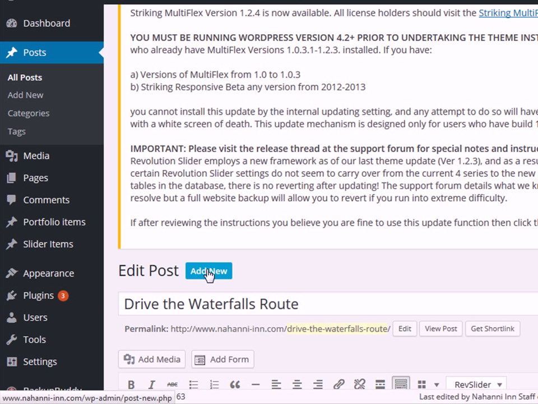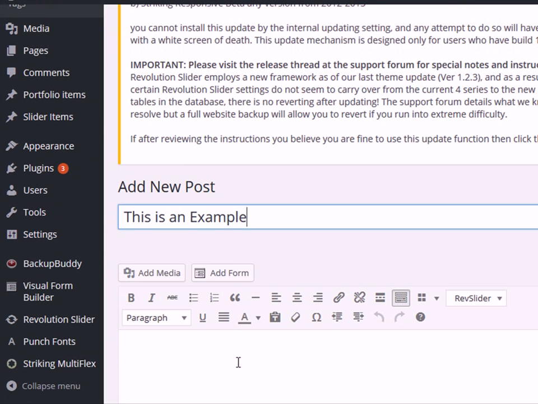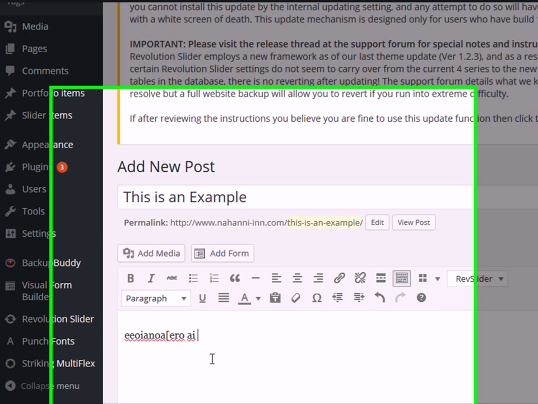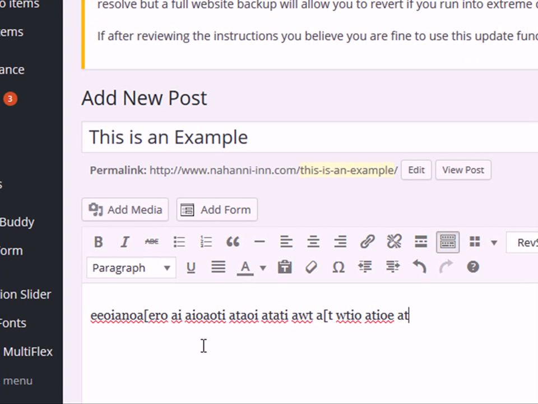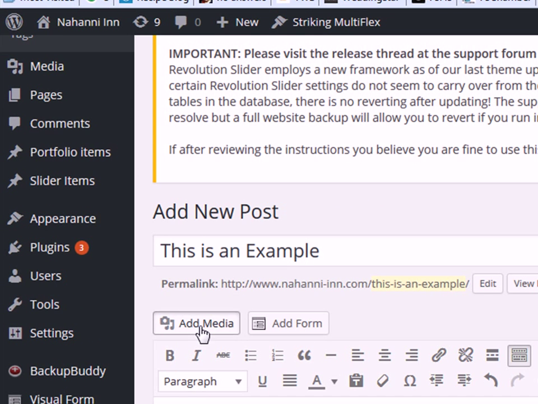So let's add a new one. Here's another way to add a new post. I'm going to go here, add new, and I'm going to call this one, this is an example. And I'm typing all kinds of words, blah, blah, blah. This is my text. And then say I want to add a photo. So what I would do is go here to add media, click on it,